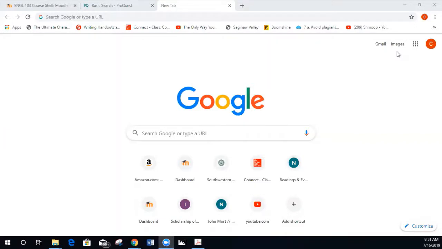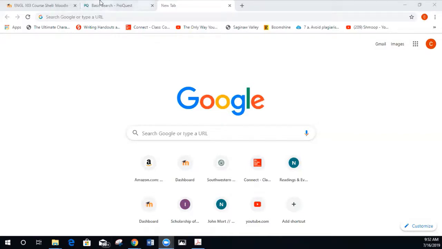We're here with a short video to hopefully help you understand a little bit more about Boolean operators and why we use these within the databases, especially within English 103 and English 104. Also, I want to make sure that you understand the difference between searching in the databases and searching on a place like Google. Google is our main source of information, it seems like today. So I want to make sure that you understand the difference between searching within the databases that you'll be required to use and Google, which you will naturally gravitate to.